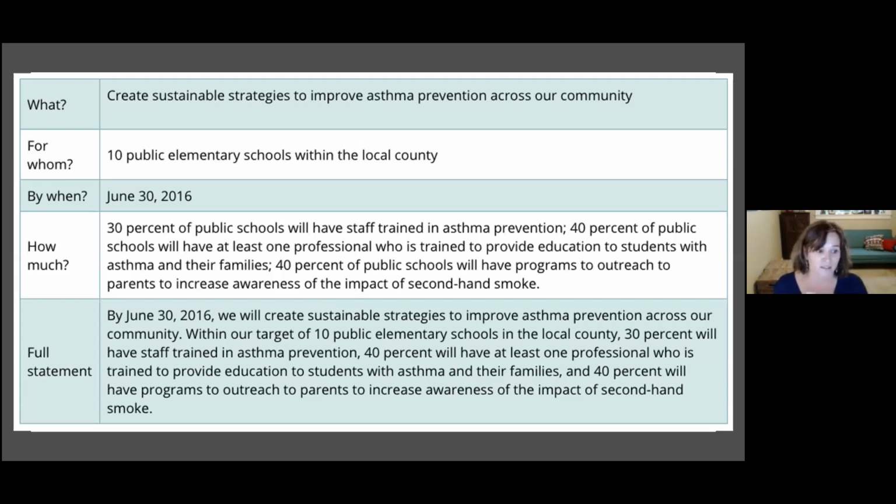You put it all together for your aim statement. Very specific, very concrete. I've got clear measurements. I'm going to improve by 30%. I'm not just saying I'm going to make it better. I'm actually putting a number down. And presumably this organization has done their research and knows that they have the resources in order to make these changes possible. This is feasible. This is not just, they don't have any resources, this is just what they'd like to do.